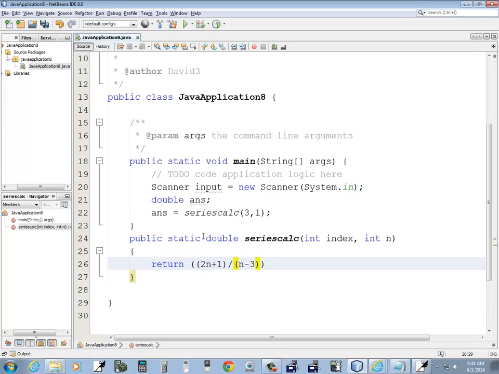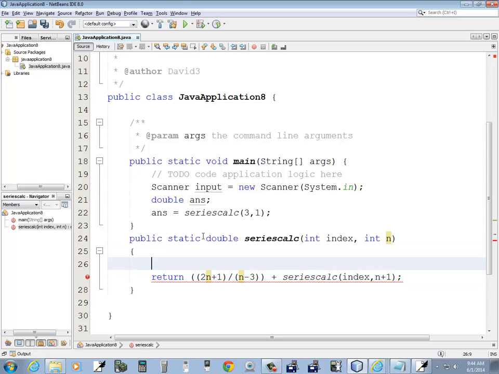Plus seriesCalc(index, n plus 1). Okay, now that's an infinite recursion there. So let me say if n, and I sometimes have trouble getting this right, n is less than index,